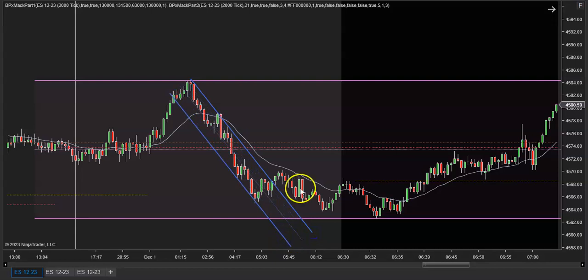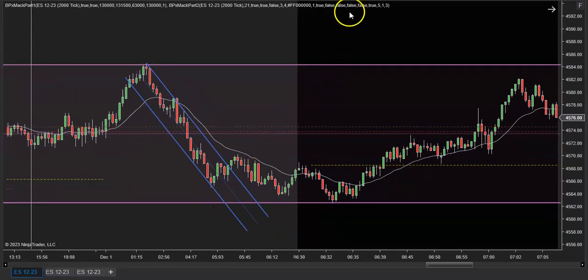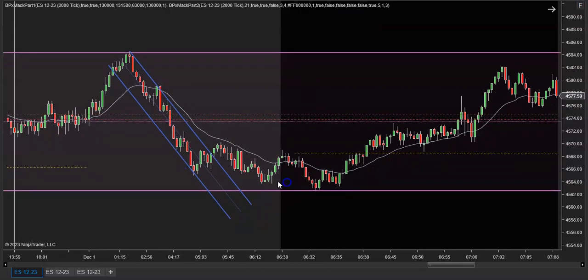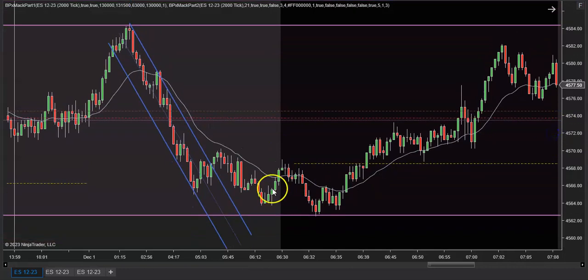This is probably how I draw it in real time. You get a break. Not a good entry for the second entry, unfortunately. And then we just wither out. Al Brooks talks about this a lot: after you get a gap above the EMA, sometimes, or very often, you'll get one last push down. So, if you see that,